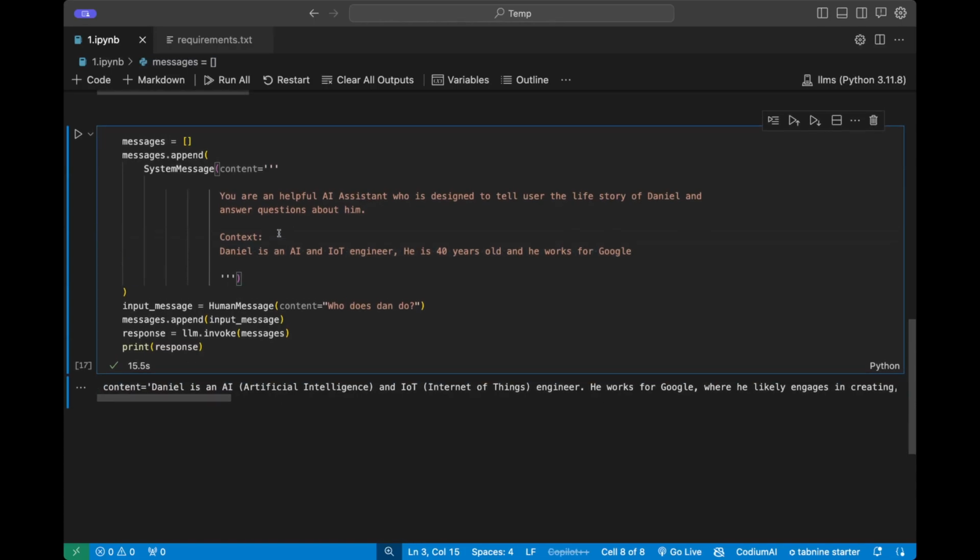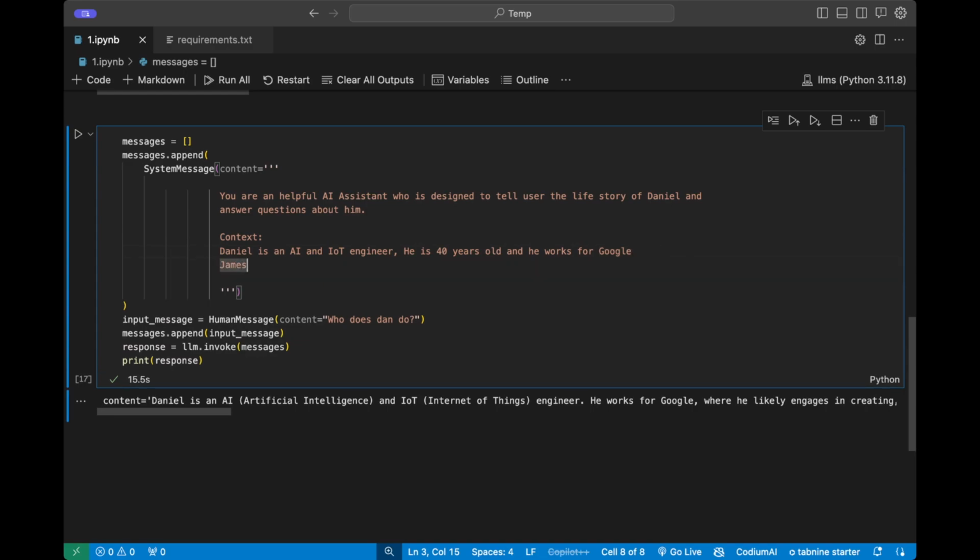Now, it might look like this has solved the problem, right? But let's assume we want to scale this up, and we want this chatbot to answer questions about any employee within a company. Now imagine the context for each employee is about 10,000 words. So this context here for Daniel contains the life history of Daniel, and is about 10,000 words. And now you have to fit that for each employee into the context. So you say Daniel is this, James is so and so, right? Now what will happen is that